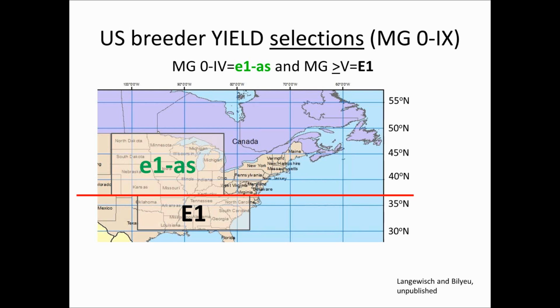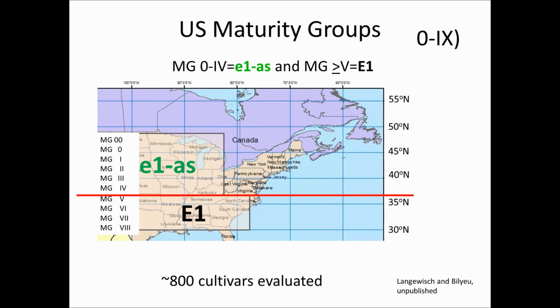In North America there's quite the contrast, however. Although you can make a line that is adapted to, let's say, northern Missouri with functional E1, breeder selections have shown that the vast majority of lines north of about 36 degrees latitude contain the missense E1AS alleles, while south of that 36-degree latitude line, nearly all soybean lines contain the functional E1 alleles. As I said, you can make soybeans that will mature north of that line with the functional E1 gene, but